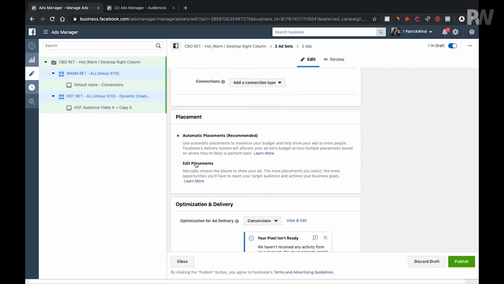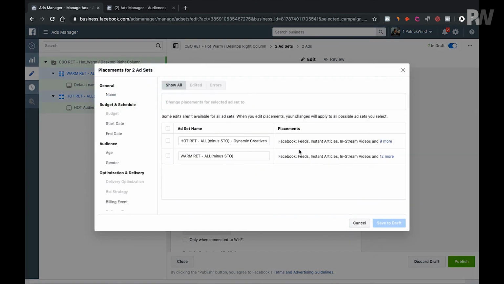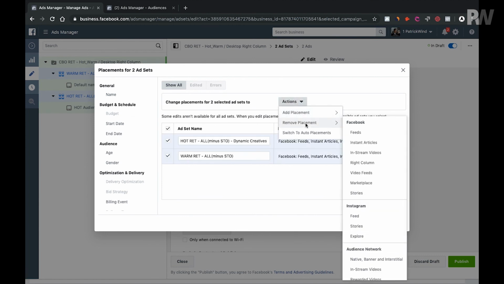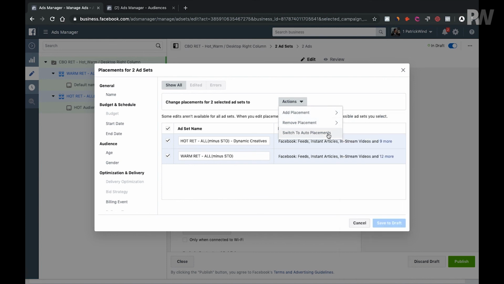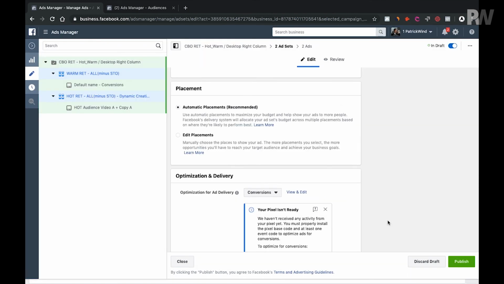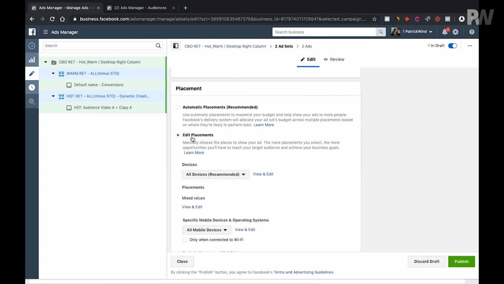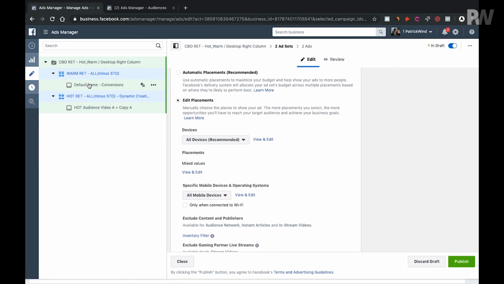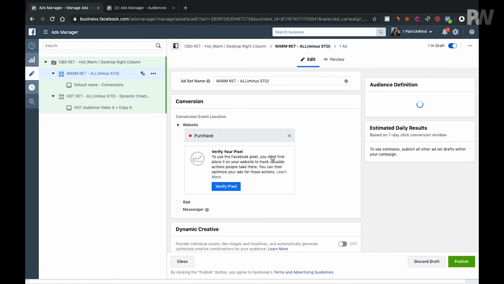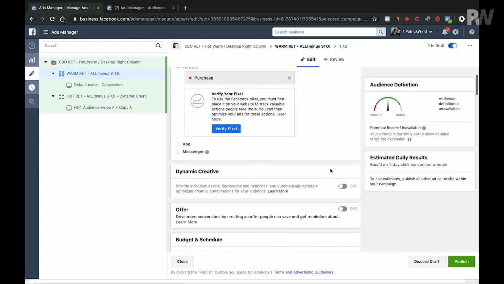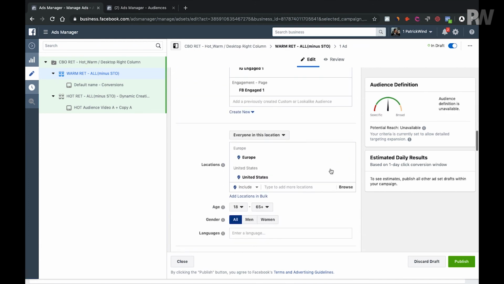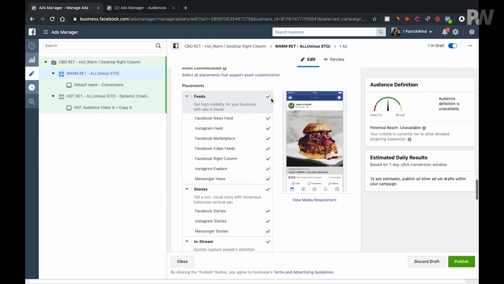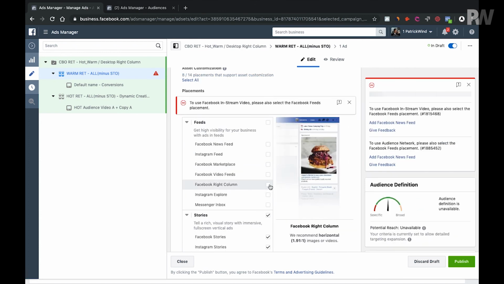Don't take all of them. View and edit. Actions, remove. Let's make that easy. Let's do this as a first step. Okay. Let's do it one by one. It's going to be easier. So here, of course, what you want to do is you simply want to unselect all the others, and you want to leave selected only Facebook right column,